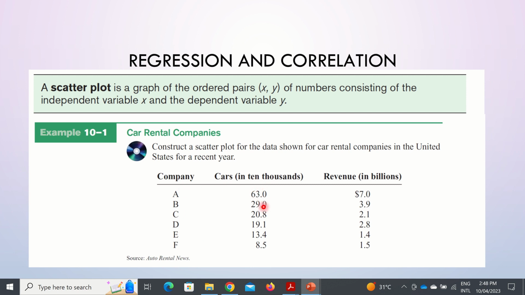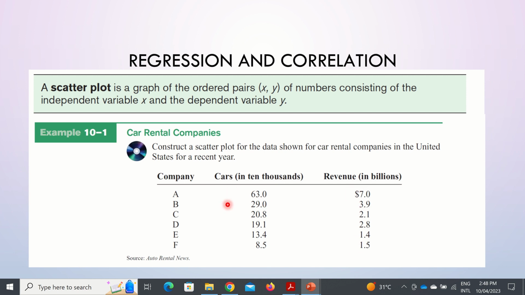There are 63 multiplied by 10,000, which means 630,000 cars with company A, and their revenue is $7 billion, whereas B has 29 multiplied by 10,000 cars, and they are earning $3.9 billion. So, we may consider this one as x and this one as y,